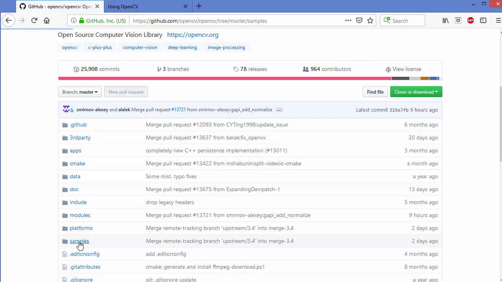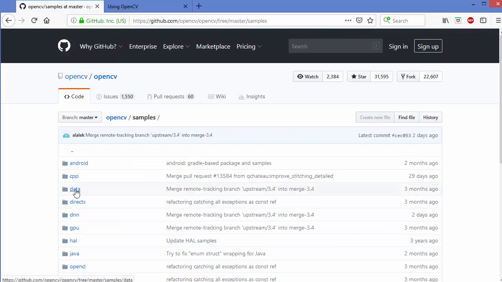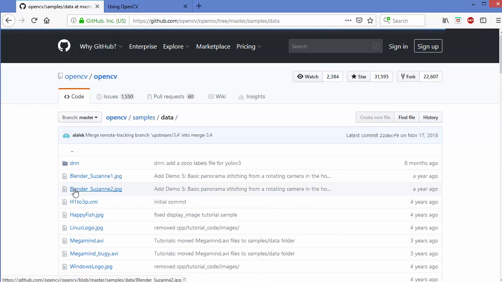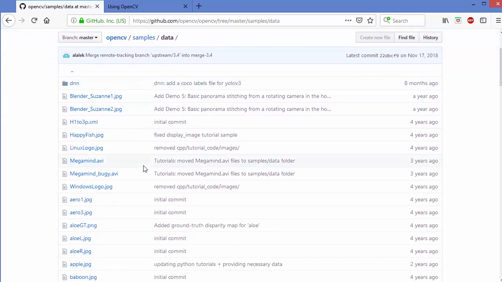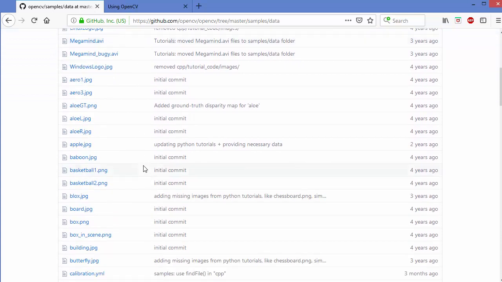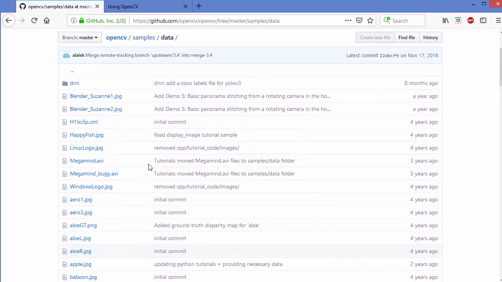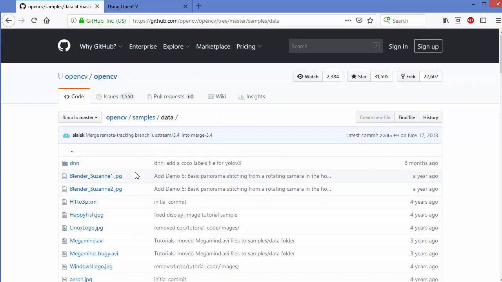I'm going to go inside the samples folder, and then inside the data folder. Here you will find many sample images and videos and other files which you can use in your project for learning purposes. You can use these images in order to develop your examples.